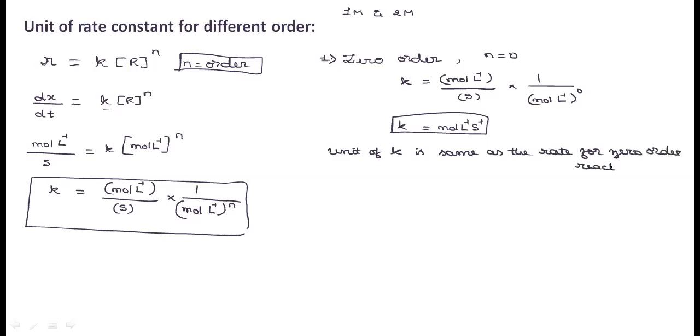Hope what I am telling you, you are understanding. Just observe, we know that rate is equal to mole per liter divided by second, that is mole per liter per second. Our first class information you can recall: the unit of rate of a chemical reaction is mole per liter per second. Now for zero order reaction, the unit of K is coming as the same, mole per liter per second. Hence the unit of K is same as the unit of rate for only zero order reaction. So this can be expected as a very important 1 mark question. Name the order of the reaction in which the unit of K is same as the unit of rate of reaction, they will ask.